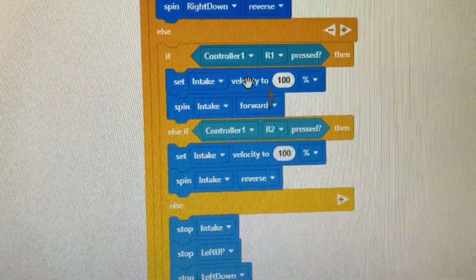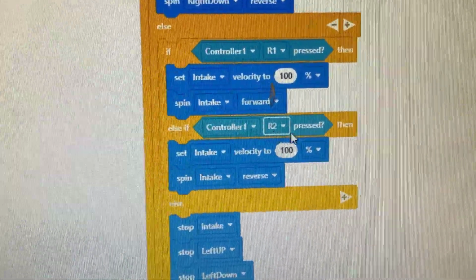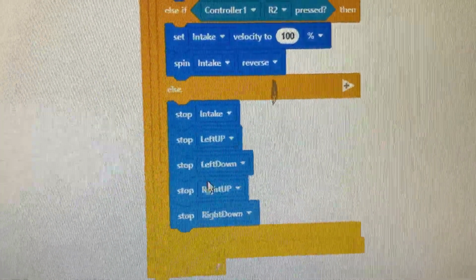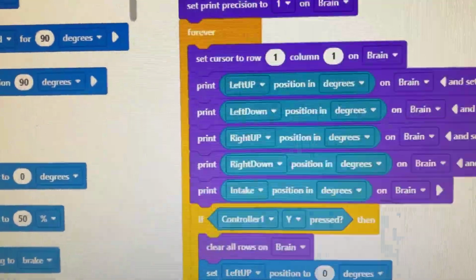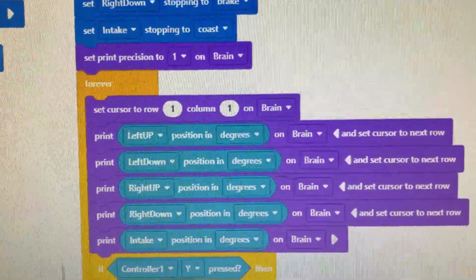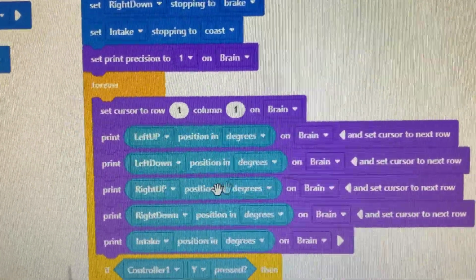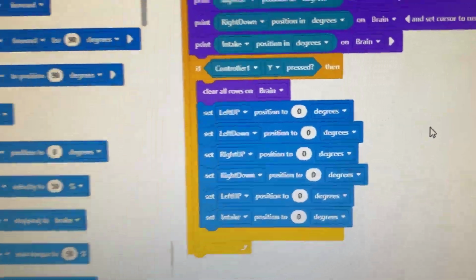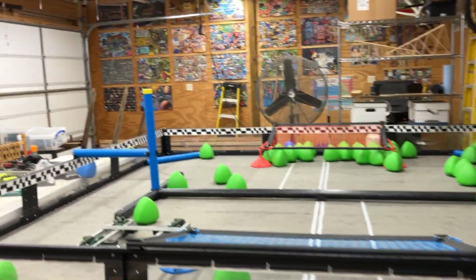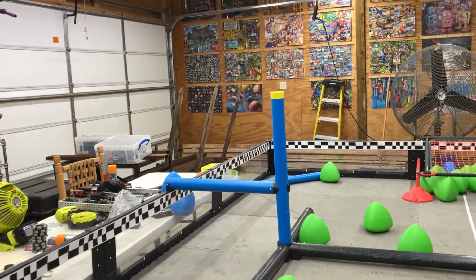Here's where you control the intake, and there's where everything stops. So you drive your robot one stage at a time. You read the data. You reset the data, you write it down on a sheet of paper. And the really nice thing about this, in addition to everything you've seen already,